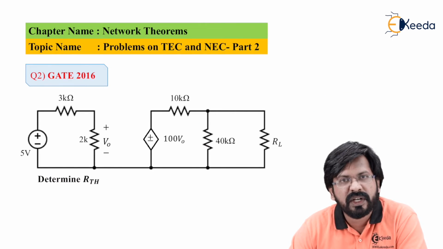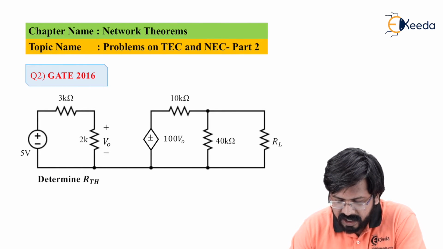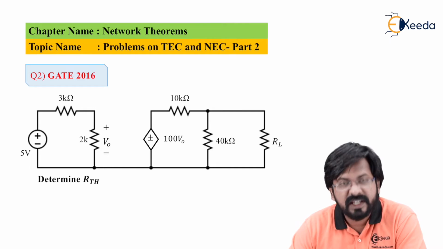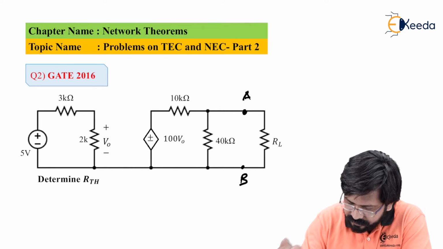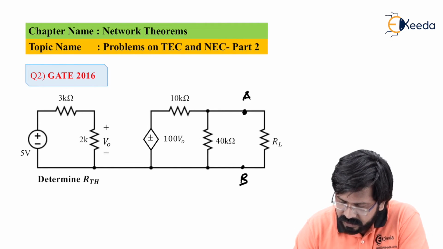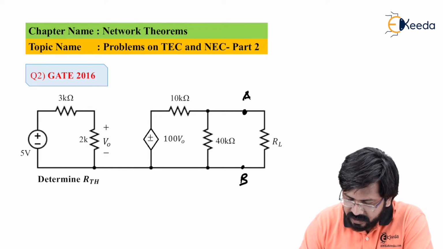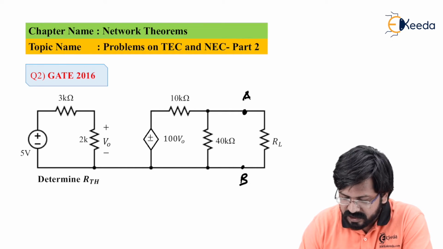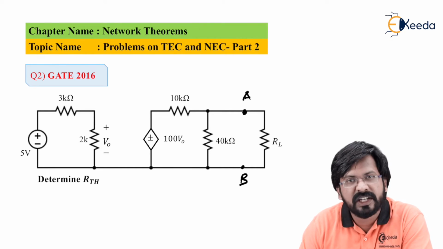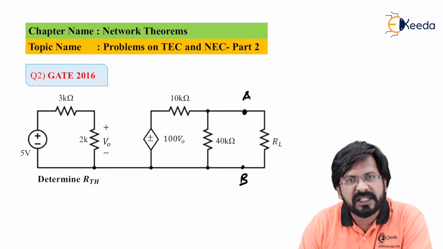So question number 2 has appeared on your screen. Again we have to determine the RTH value. Whenever they say find RTH value, the 2 points are already given across RL. It was actually given in the question. So you have to determine RTH again by the same procedure. As a first step, step number 1 is to open circuit these 2 points A and B. If I open circuit these 2 points A and B, let us find the voltage